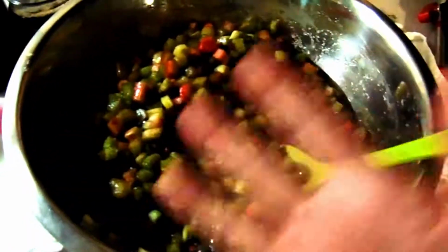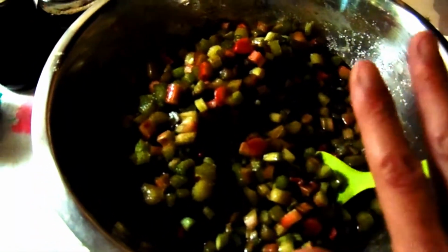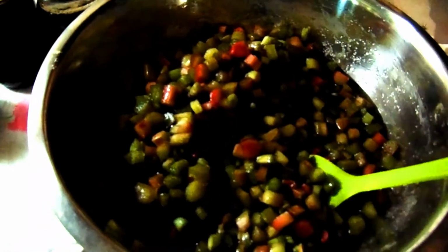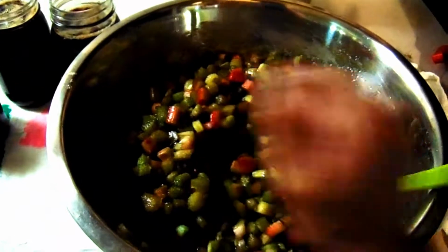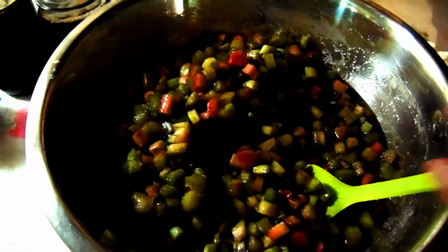Now, the camera is not doing this bowl justice. This is a huge bowl. I weighed it. There is 12 pounds of sliced rhubarb in this bowl. Look how big that bowl is. It's huge. Anyways, so there's 12 pounds of rhubarb in here, and I put 6 cups of sugar on top of it,